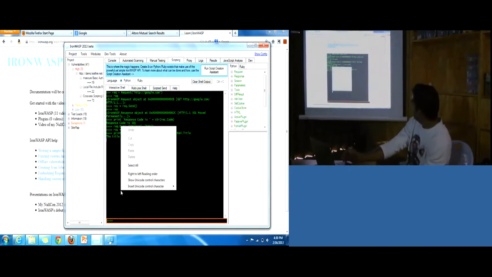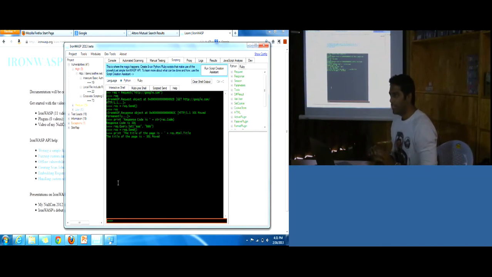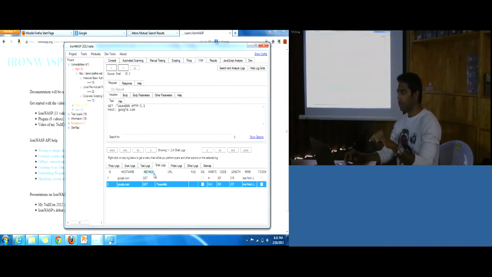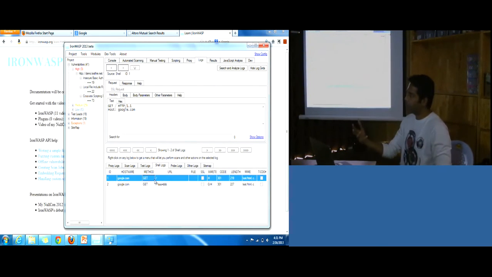Like I was saying, you can create requests, send requests, get the response, and analyze the response. Now this is something you can do from Python's shell as well. You can create a request object, send it, and get the response back. But there are a few advantages when you use this particular tool. The biggest advantage is that when you send a request, it is actually logged in a particular place. Any request that you send from the scripting shell is logged, so you can go to the log section and see the request that you sent and the response that came back.